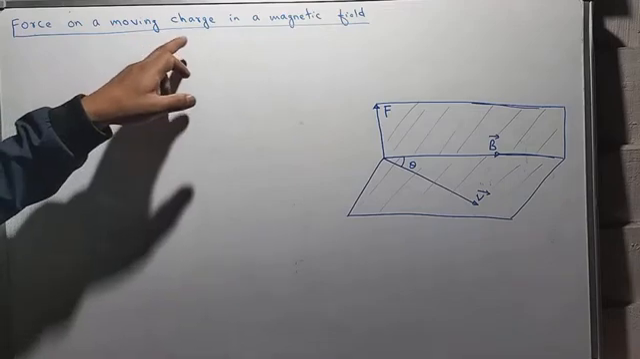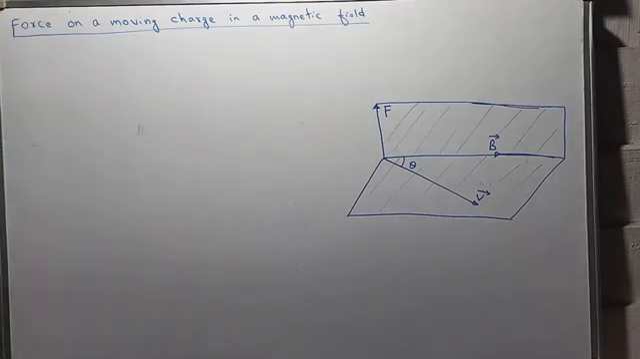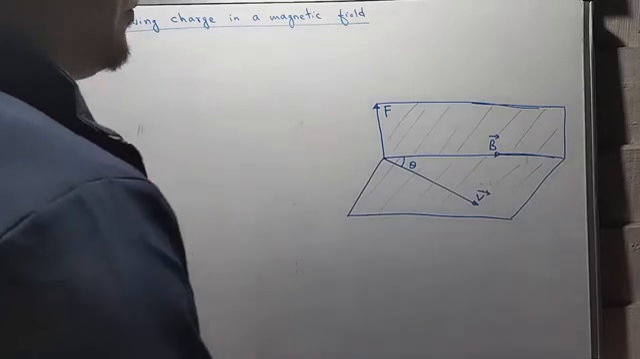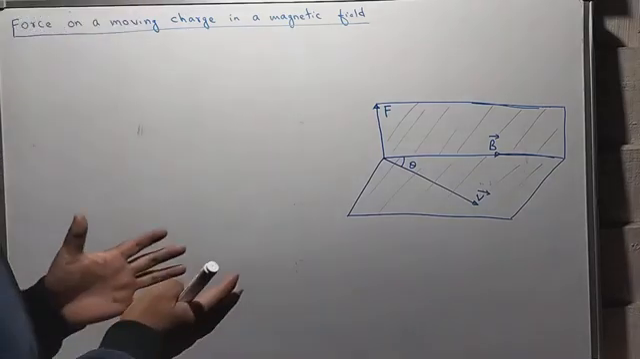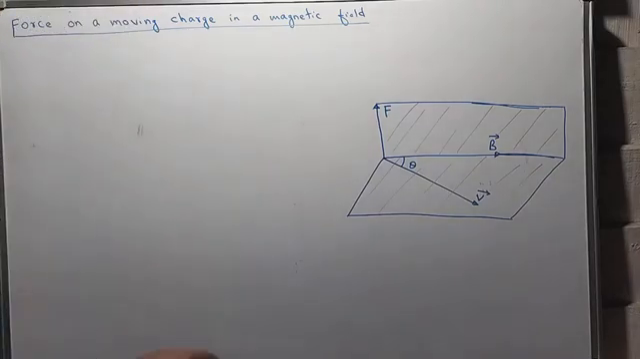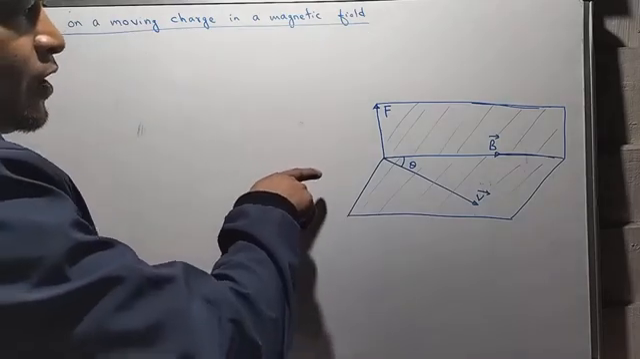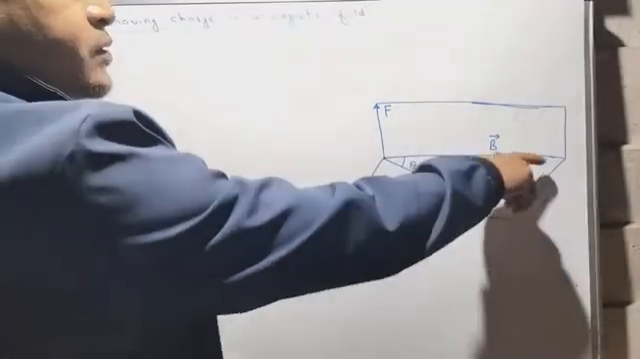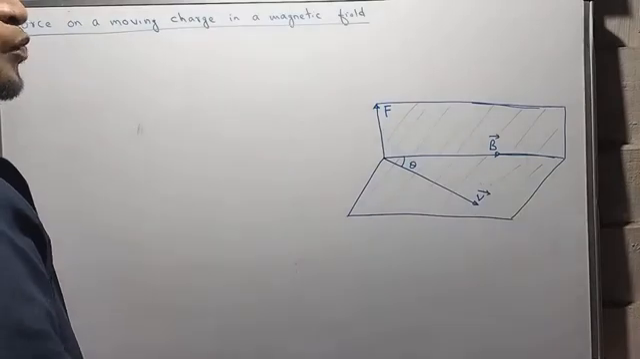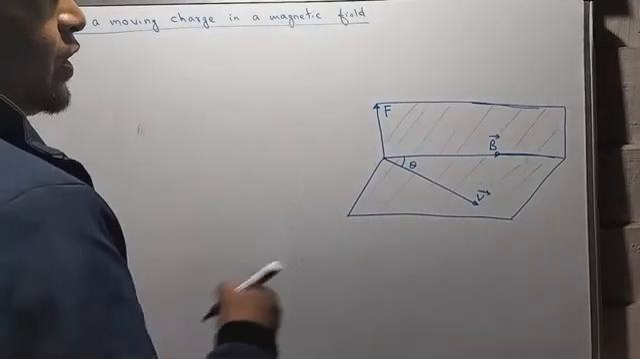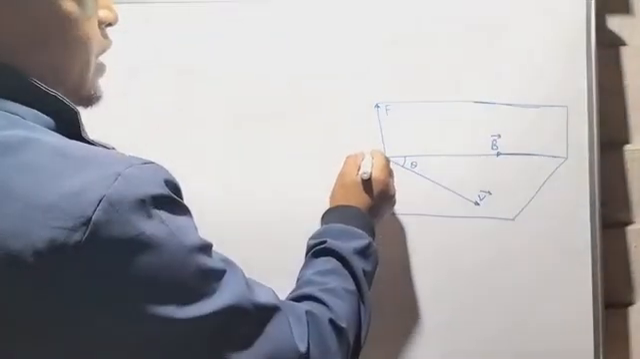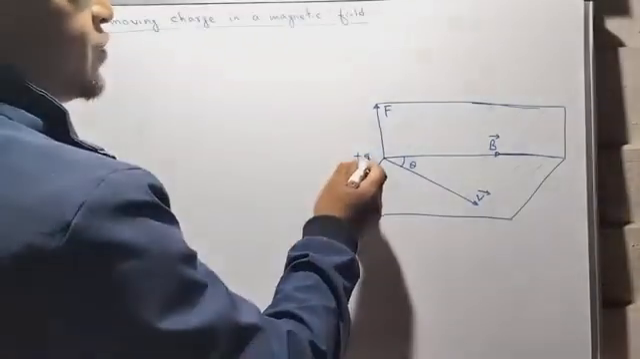Force on a moving charge in a uniform magnetic field. Okay, so here we will consider a magnetic field. Let's say it is acting along the x-axis. Now, let's say I consider a positive charge, plus q,